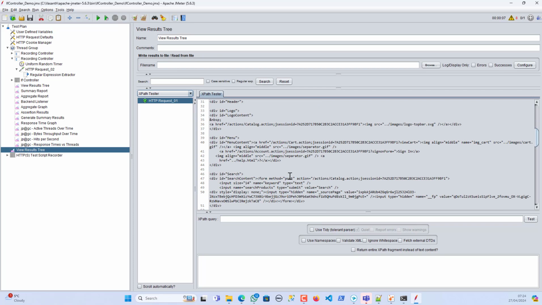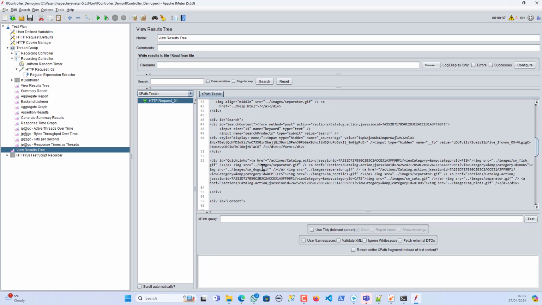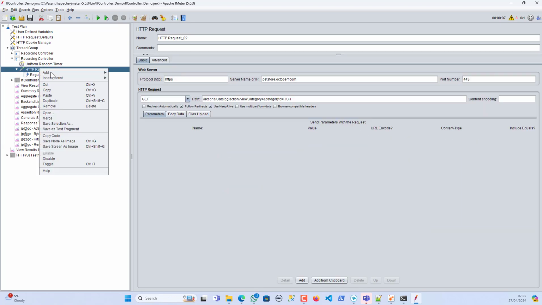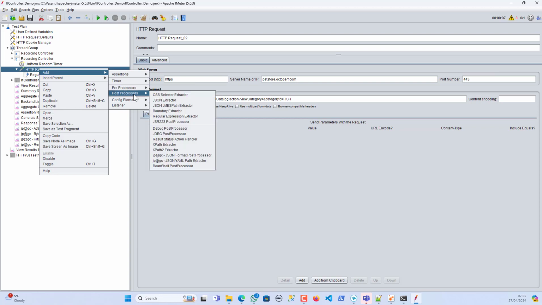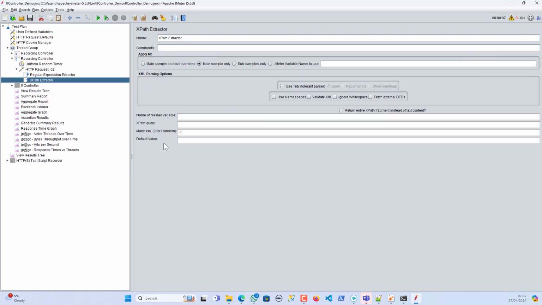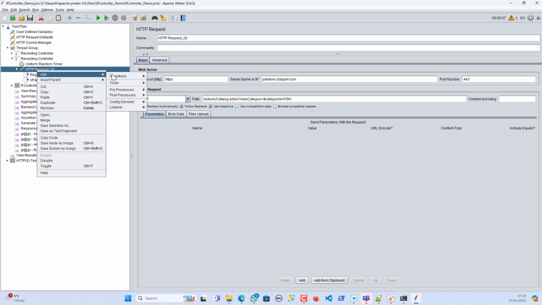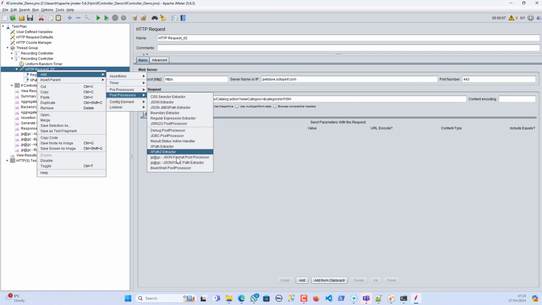In some scenarios the regex will not work, but the XPath tester will work. So you have to use every tester here, and you can use those expressions here. For example, here you are using a regular expression extractor, right? At the same time, you can use the others as well, like the XPath extractor here. Or if you are using some other extractors, like the JSON extractor,